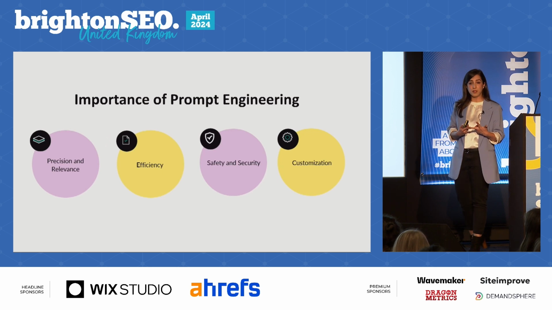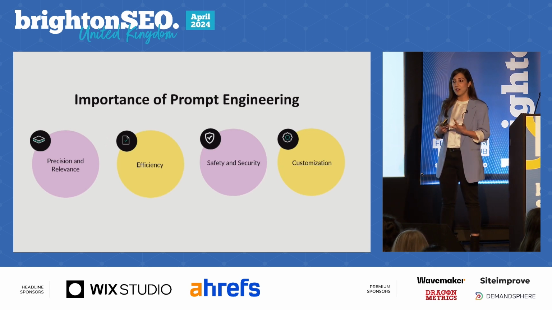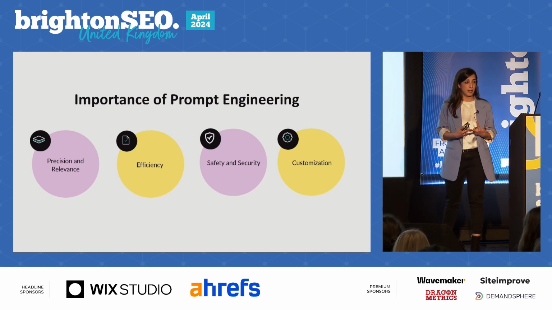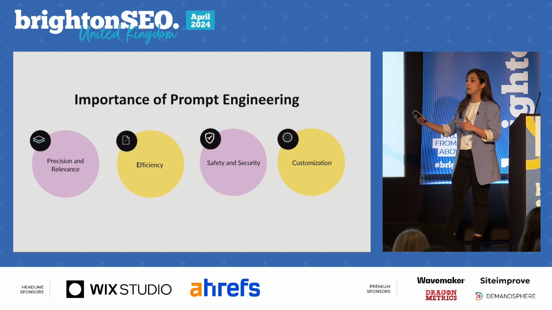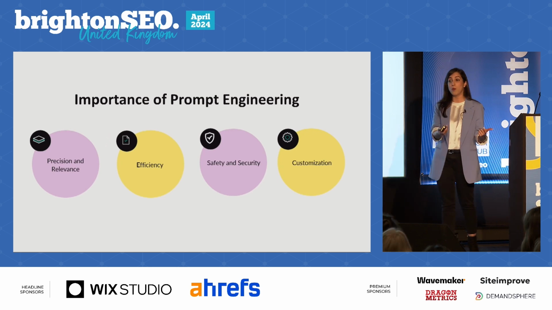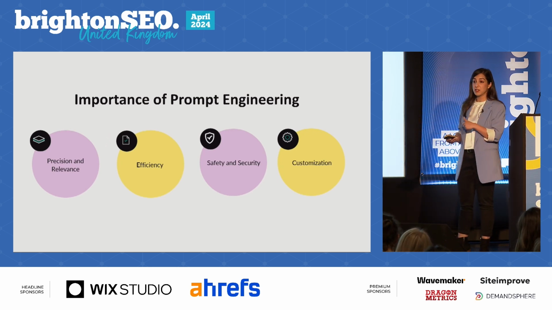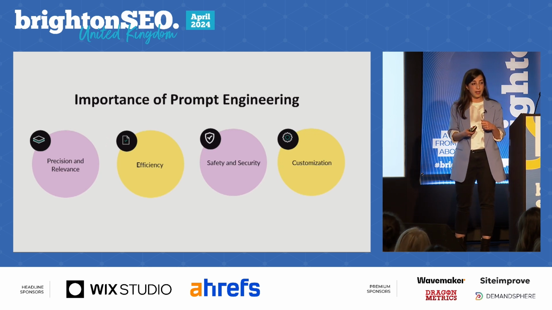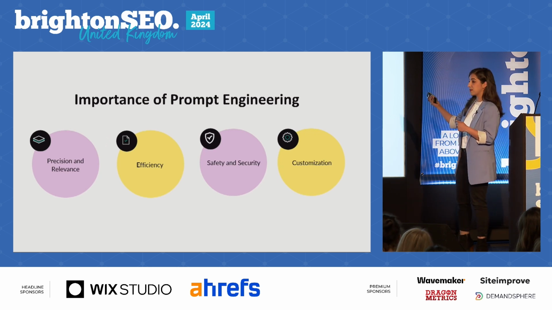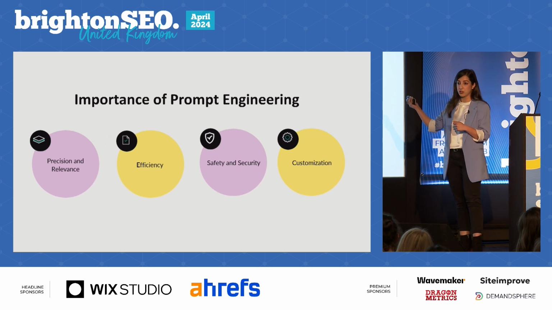It is efficient, right? You are saving loads of time on it. Your content writers and your marketers could be working on something higher priority, versus your AI content, which could be automated all in all and generated for you. Yes, you can get precise and very contextually relevant content that you want to create. And of course, there's a piece of personalization and customization that comes with it.